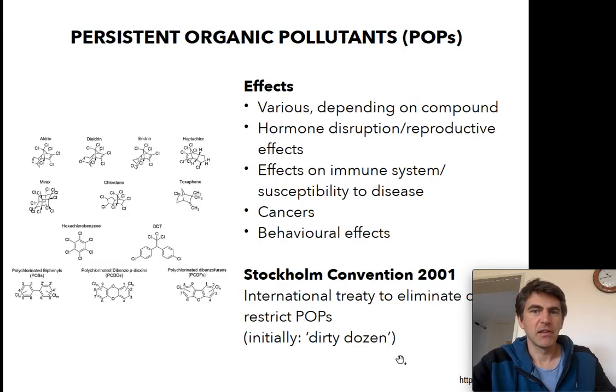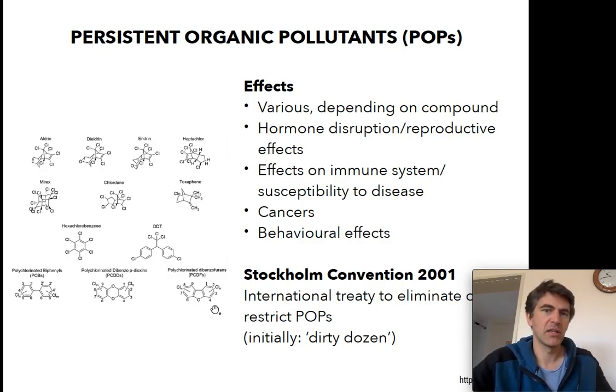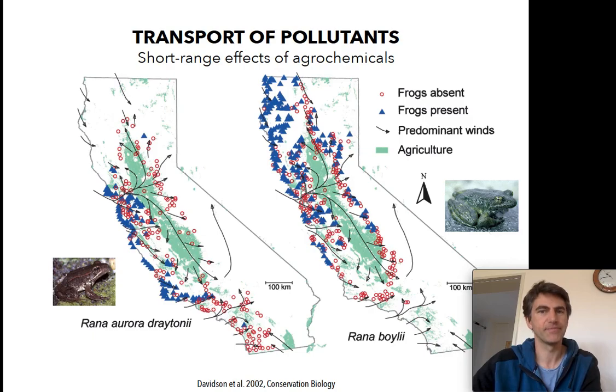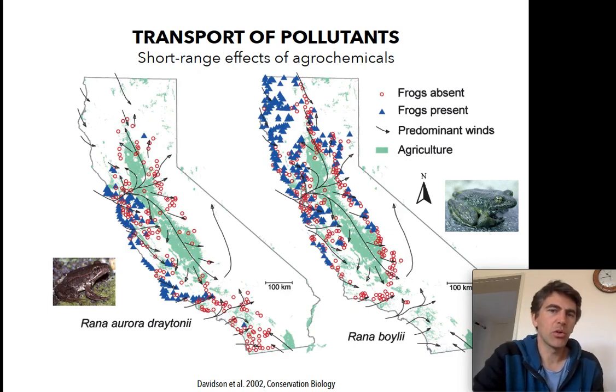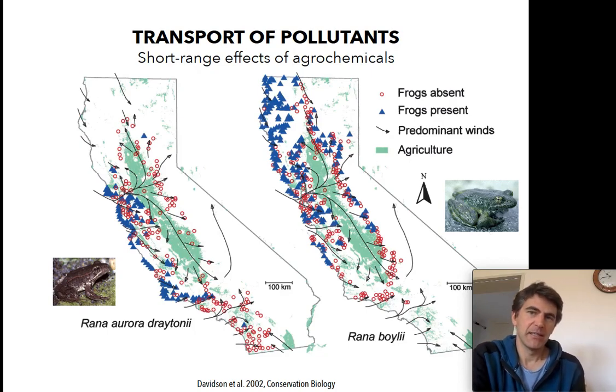Yeah, and like I said, the Stockholm Convention from 2001 was essentially trying to put rules into place to phase out, or to put measures into place to stop the spread and the production of these very harmful pollutants. Pollutants can also occur at a more local range, so when it comes to the spread of these pollutants, let's have a look at an example here.